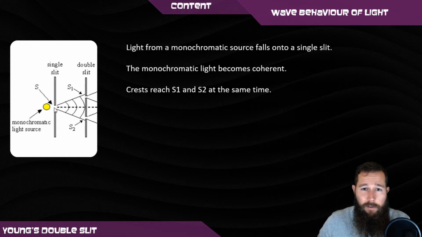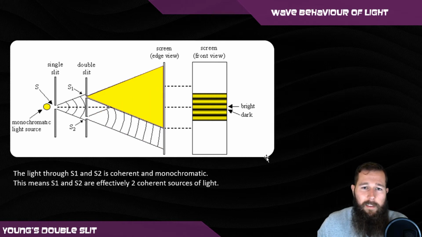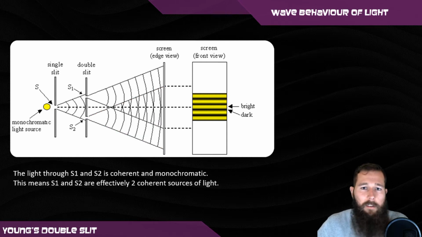So from this source, crests and troughs are emitted and they hit this double slit at the same time. So that double slit in front of the single slit acts as two separate light sources that are coherent. The light from source 1 would look like that, and the light from source 2 would look like that. Now, as we have two coherent light sources, at some point in space, we're going to put a screen where the light will fall onto, and interference would occur at these points due to two different light sources being present